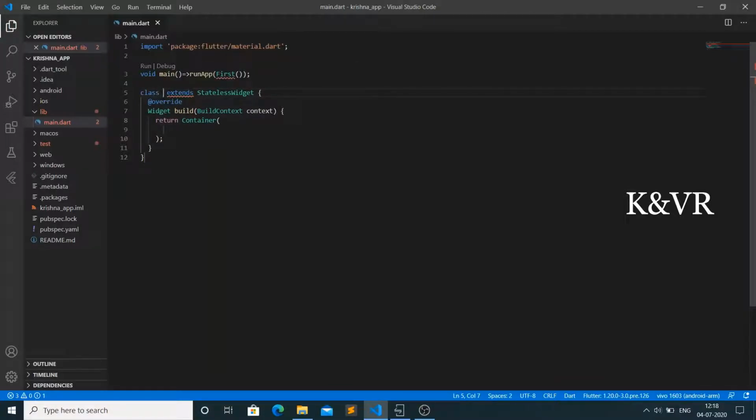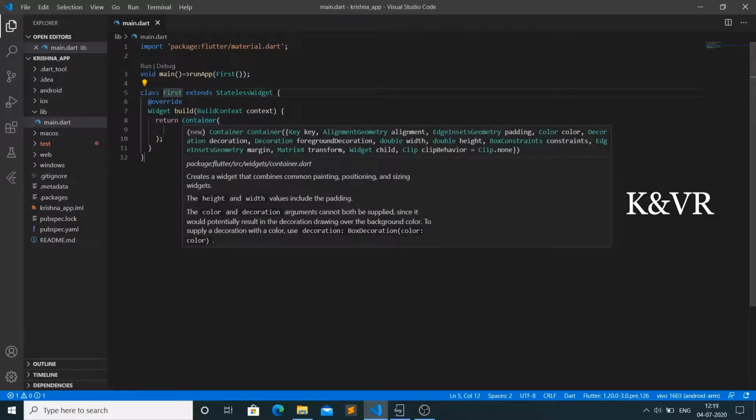Here you first give the name, since you are creating a class. Here we create the class. See, the errors will go. We are creating a class that extends the stateless widget. From this widget we are overriding the build context.